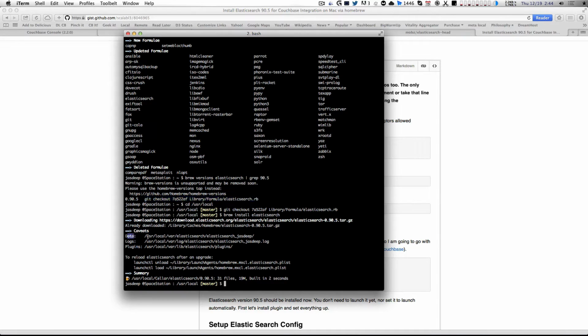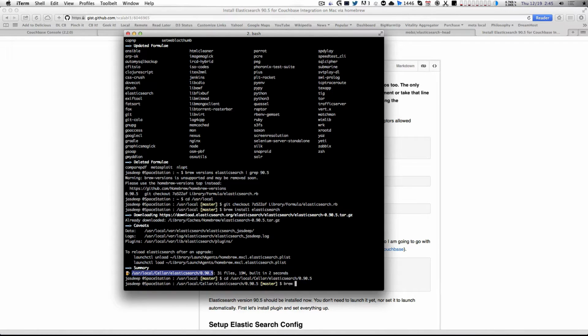Some of these folders are kind of important to remember. We're going to be using them. Here's the plugins folder we'll use. And also what it doesn't list is where it was installed. But actually that's it right here, right? The user local Cellar. And we're going to go there because we're going to set up some things there. We're going to add some information to the settings YAML file, the Elasticsearch YAML file in config, and we're going to install plugins. So let's go there